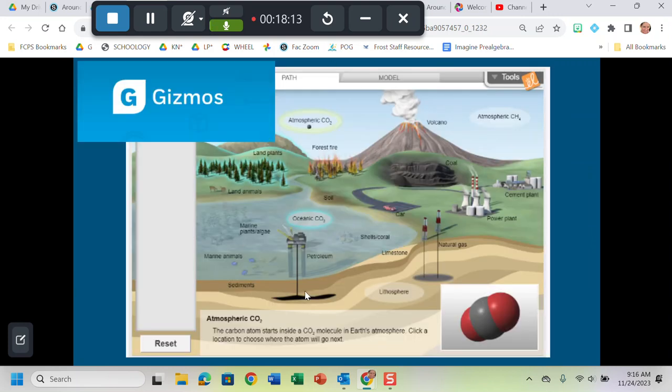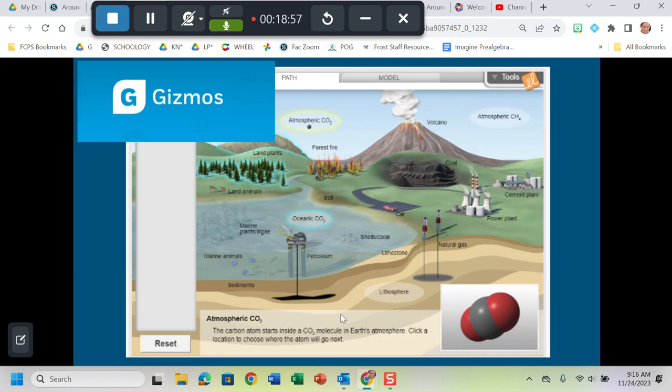So the Gizmos, I'm just going to give you some quick hints about that. You're going to start as a carbon atom in the atmosphere. Okay, and so it's similar to what we did when we physically moved around the room. If you are in the atmosphere, you can become part of the oceanic carbon dioxide, or you can become part of the land plants, right? Because through photosynthesis, you can go directly from the atmosphere to the land plants. Behind the land plants, there are some, I think it's soil and sediment. So there are some places that you can go directly from atmospheric carbon dioxide into another pool, but you can't go directly from atmospheric carbon dioxide into the